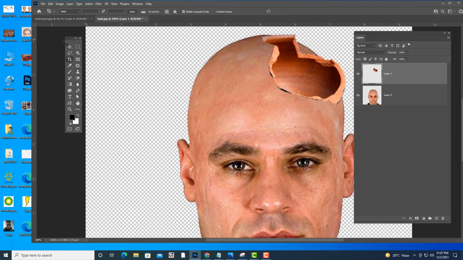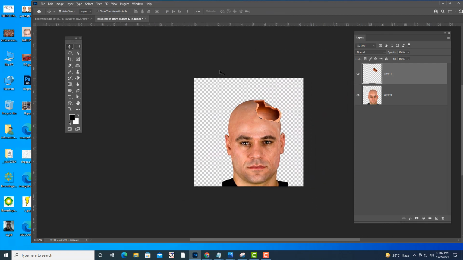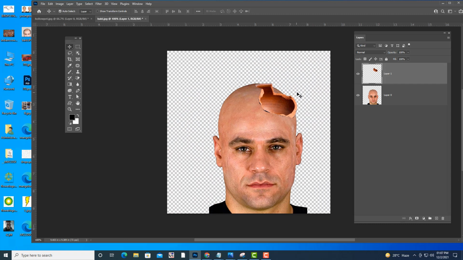First we are going to adjust it properly, and for that I'm going to use this warp tool.